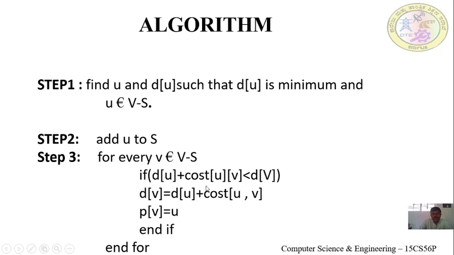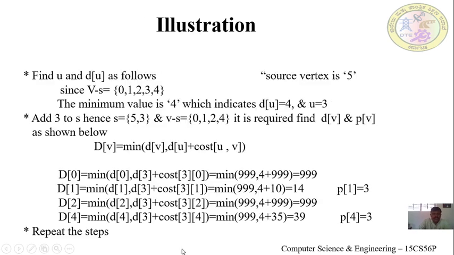Okay, so this is the formula. If the distance of u, the direct distance, plus the cost through other vertices, is less than the direct distance of the particular vertex, then it is the formula to find the distance of destination nodes. And if it is minimum, select that vertex as the next vertex you are going to visit, the shortest path, and find that node and select it.